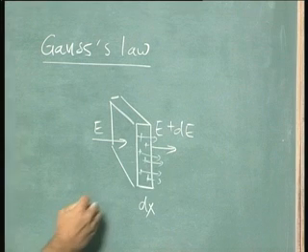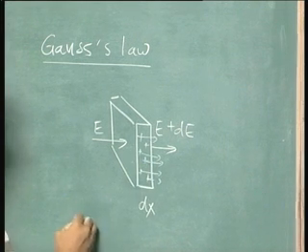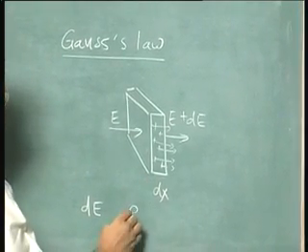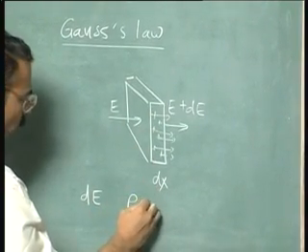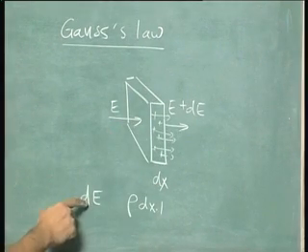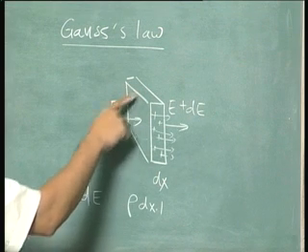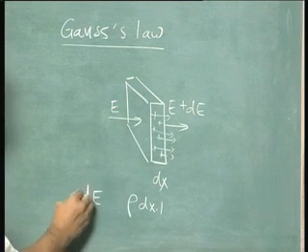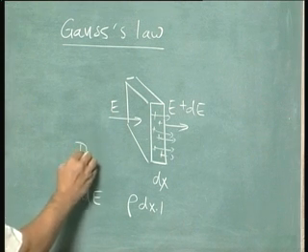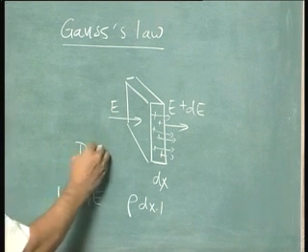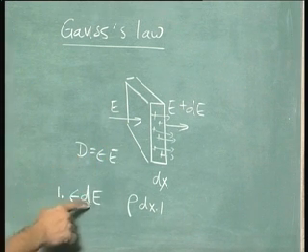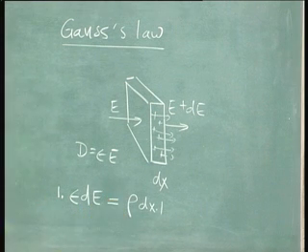So we can write the increase as follows: the increase dE is due to the space charge rho in the volume. Now the total charge in the volume would be rho into dx into 1, we assume unit area of cross section. Now the total flux into this area can be written as epsilon into dE into the area, because the flux is defined in terms of the displacement vector D, which is epsilon E. So the differential of this displacement vector is epsilon dE. So then we can equate these two,